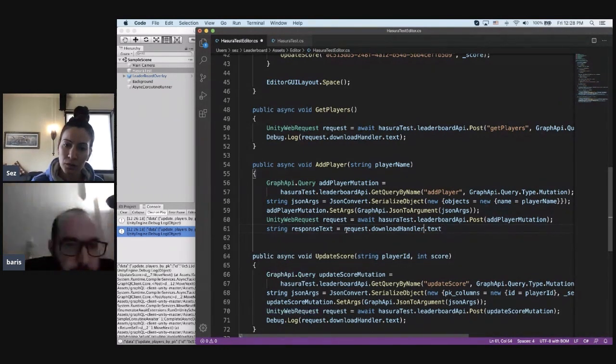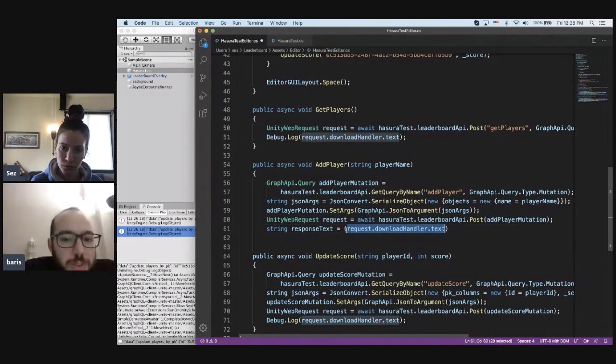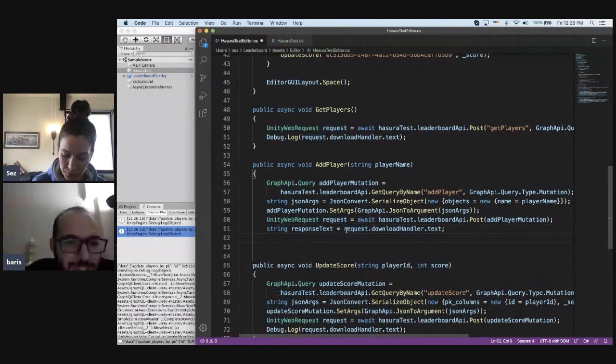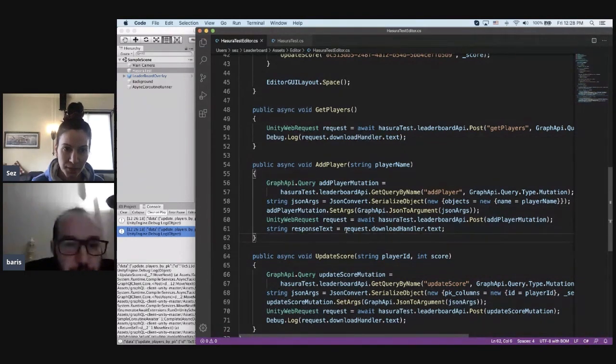I think you deleted the end brackets. So what do I do now? Okay, so you can delete the parentheses, add a semicolon, then enter. Then there should be a closing bracket for the method. Oh, I see what you mean, the one for the method got deleted. Okay. So for the response text,